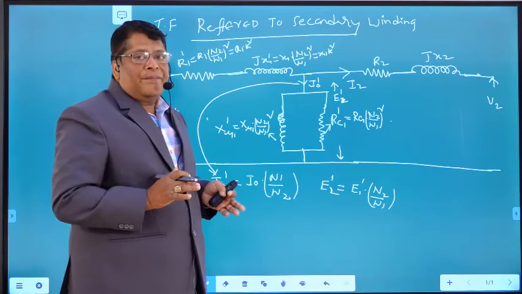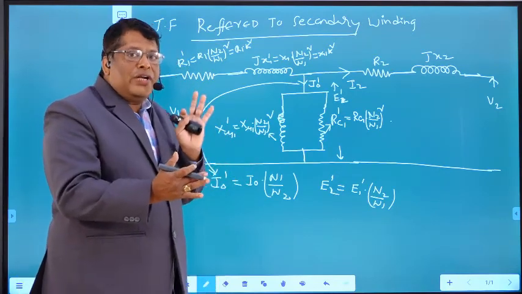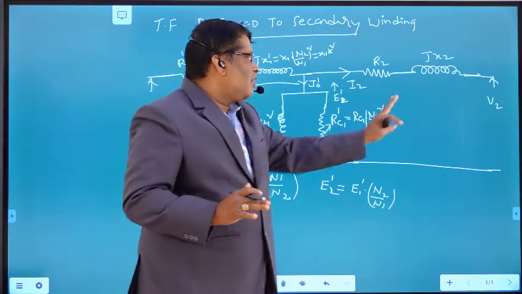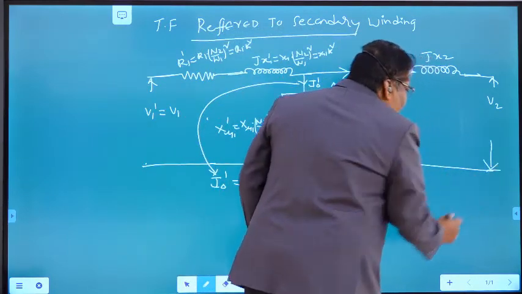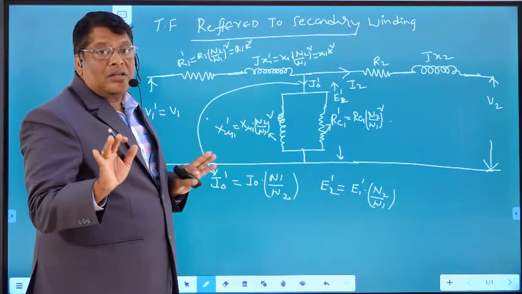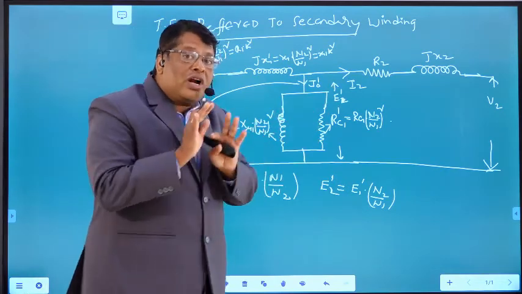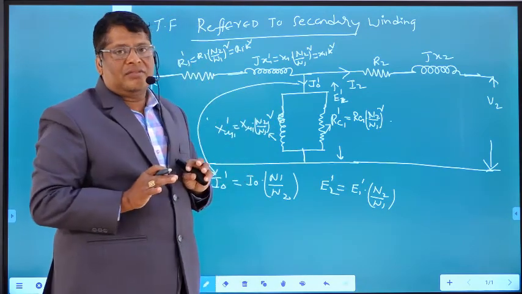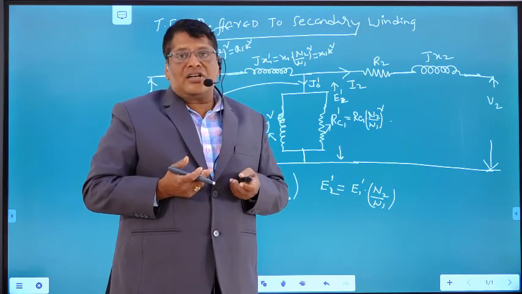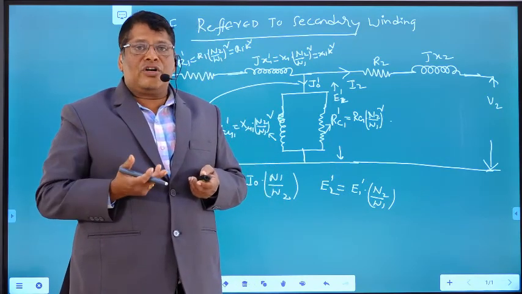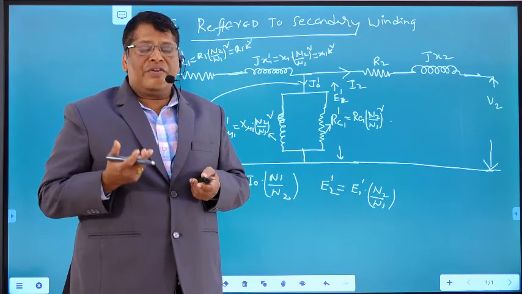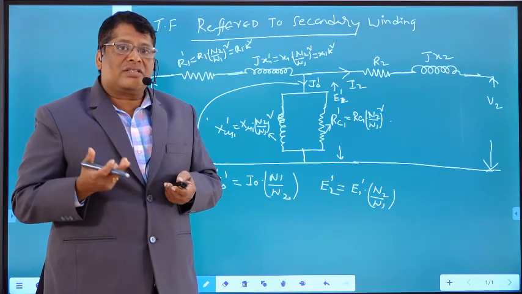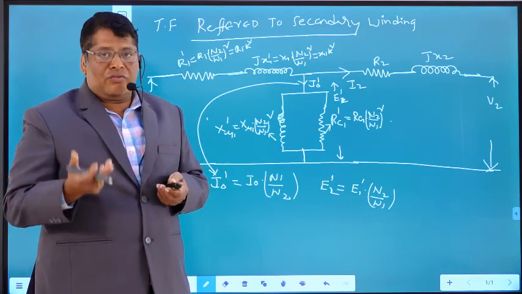Based on this only, we transfer the elements from one winding to the other winding without affecting the relation between V1 and V2. Whatever you do in the circuit, the relation between V1 and V2 should not be affected. What exactly happens in the transformer, the same thing should be represented here. In the next class we are going to see the different losses that occur in a transformer and the efficiency of a transformer, that is, we are going to study the performance parameters of a transformer. Thank you.